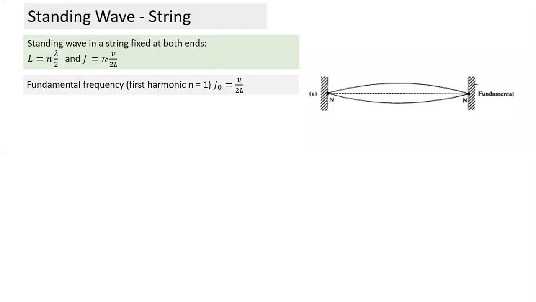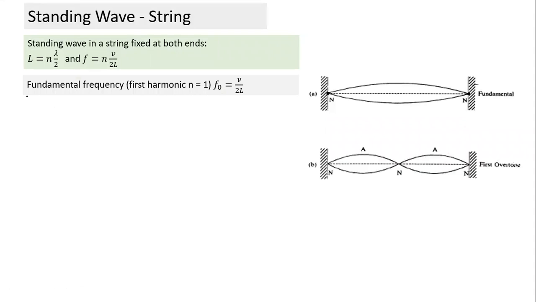This formula is very easy to understand and easy to remember. And then we should also remember that the fundamental frequency is also called the first harmonic, and that corresponds to n equal to 1. When we take n equal to 2, two half wavelengths will form. So if we have to draw the figure, we divide this length into 2 parts, and each part will have one half wavelength. And this is how the figure becomes.